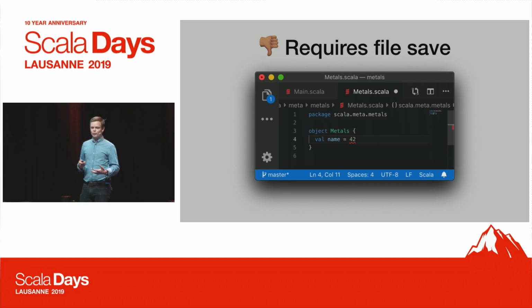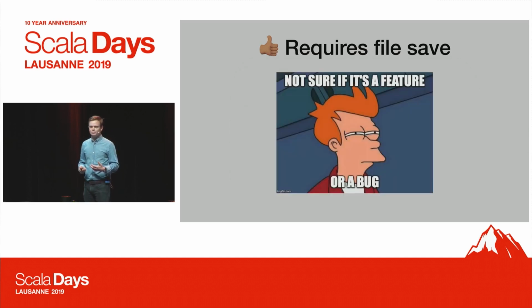Having worked with it now myself for a few months, I'm no longer sure if it's really a feature or a bug, because when you press save, it triggers that type checking, which is expensive. It throttles your CPU. And having control over exactly when that happens, because you're obviously editing an invalid program, otherwise you wouldn't be editing the program. So most of the time it's broken anyways, and most of the time you know what's broken.